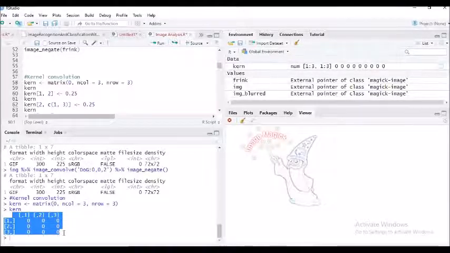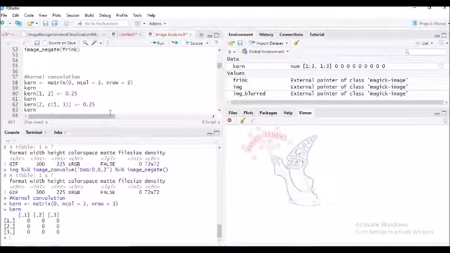Frink, where we blurred the entire image. Now similarly, if I have to even append the images, you will see I can take the image blurred and append it. So here we can see the images which are being flashed out on the plot part of the environment that we have got in the RStudio pane. Have a look at it and you will be able to see step by step.